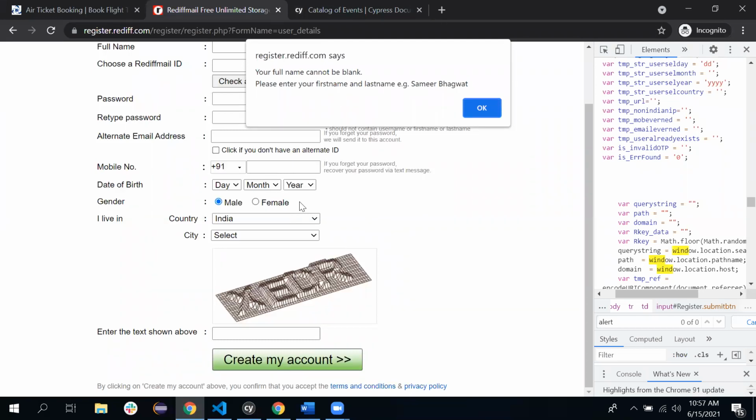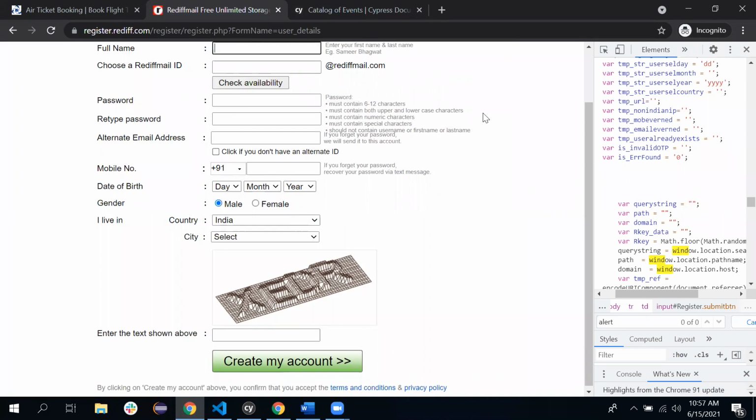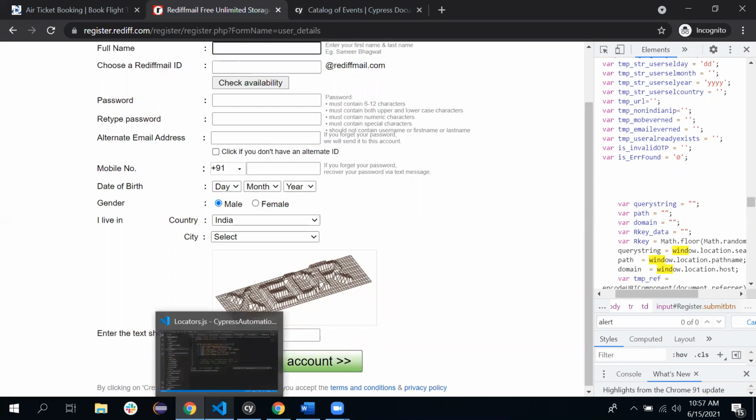In Selenium, if you are aware of the concept, there are alert classes available to handle this. But in Cypress, if a pop-up comes during the execution, Cypress will auto accept that pop-up. So there is no need to write any code to handle these types of pop-ups. Cypress will automatically click on the OK button and handle them. So pop-up handling is an automatic feature of Cypress. How will it handle the pop-up? Let's check the scenario in Visual Studio.